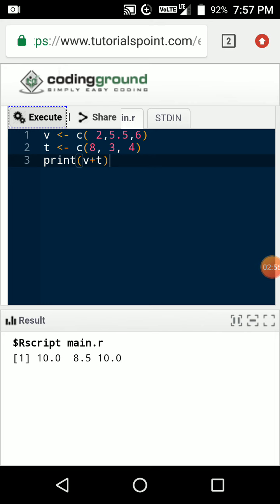The program is executed, and comparing the values of both vectors: 2 plus 8 is 10.0, 5.5 plus 3 is 8.5, 6 plus 4 is 10.0. Because one of the values is a decimal value, the rest of the result elements are also in decimal format.